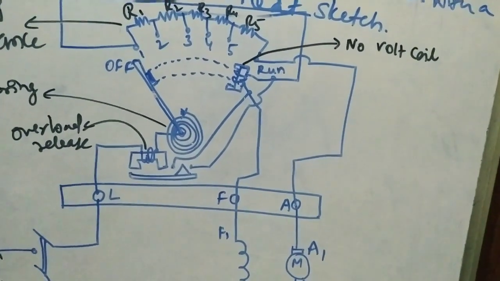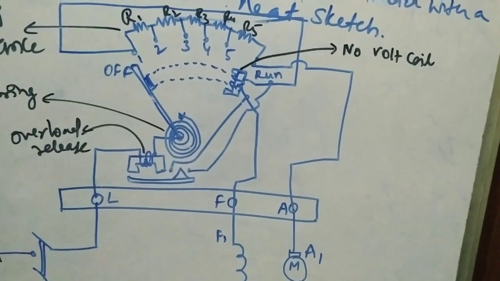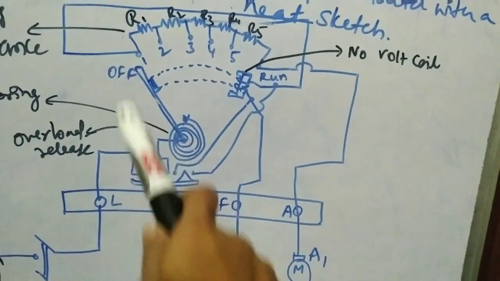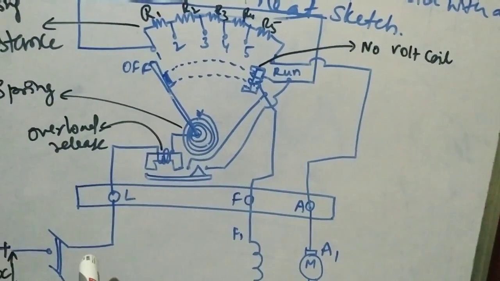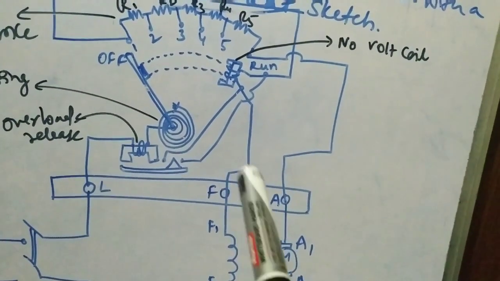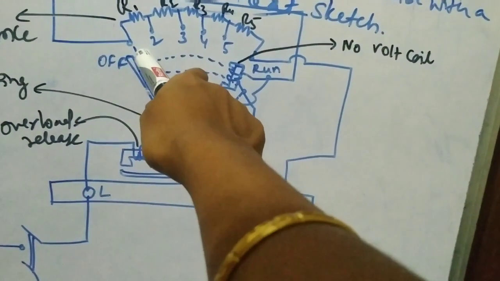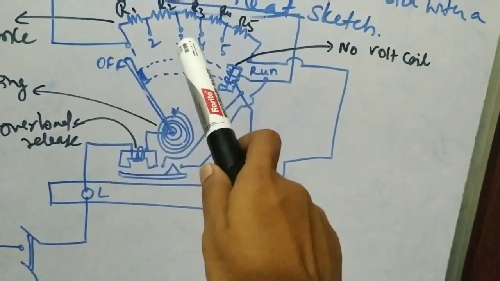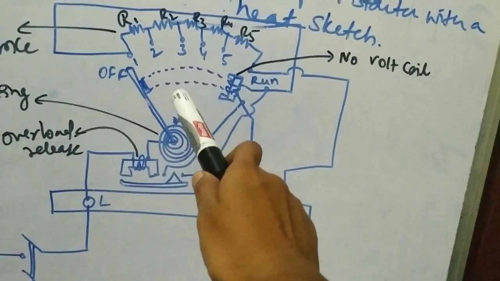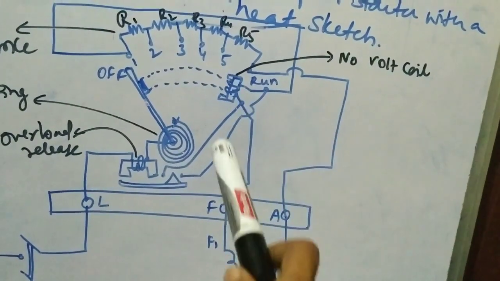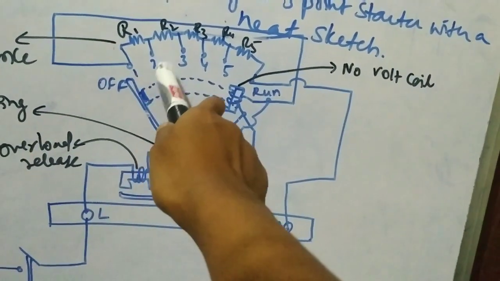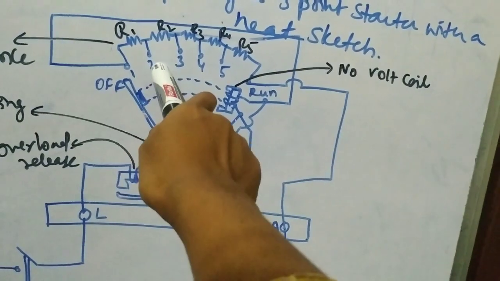Now this is about its construction. Let us move on to the operation. Initially the handle is in the off position. When the DC supply to the starter is switched on, the handle is slowly moved against the spring force to make contact with stud 1. At this point, the field winding gets supply through the parallel path provided to the starting resistance through the NVC. Now the handle slowly comes in contact with all these resistances.